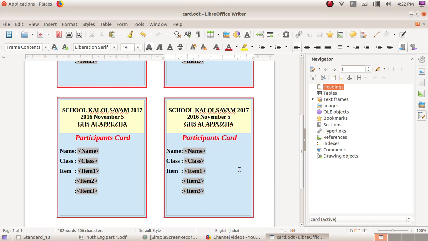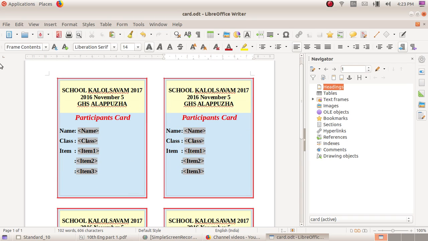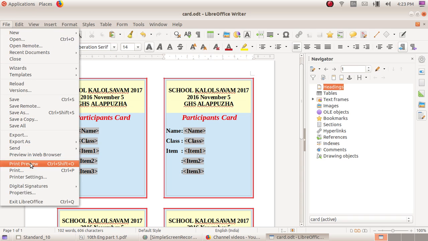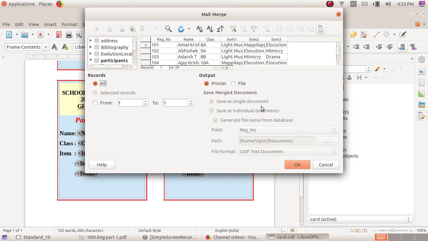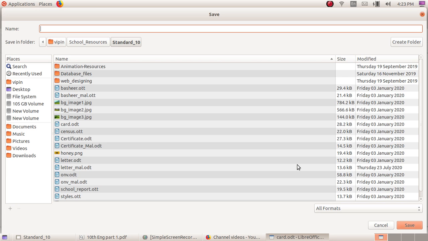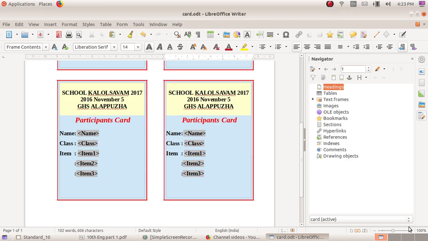We added the database fields into this ODT file. Then go to the File menu, Print, click on Yes, choose the output file option, click OK, then specify the path and type a name, school, and click the Save button.